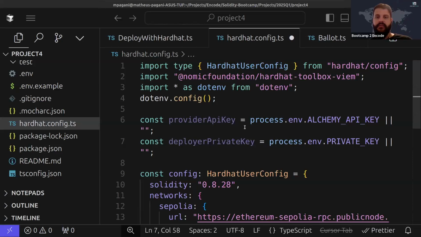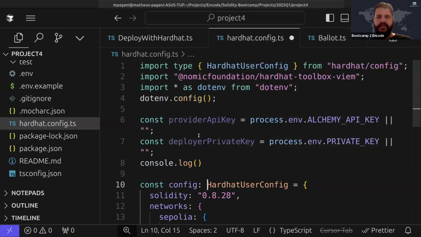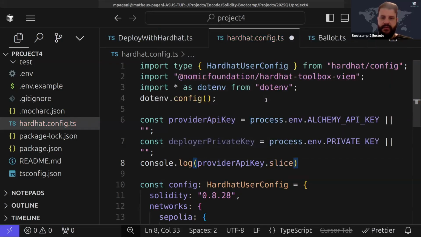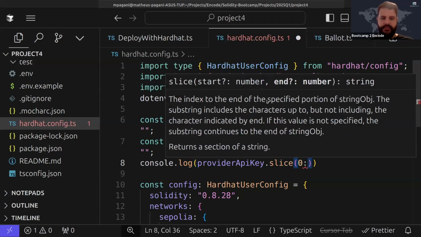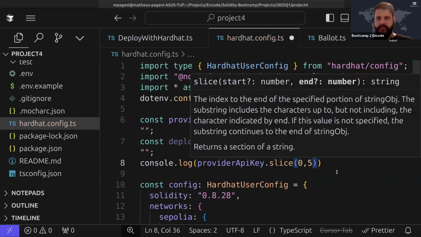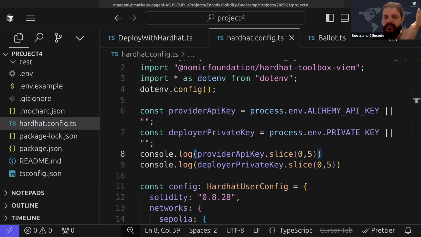Okay, and what I want to make sure is that if I do a console log, since I'm streaming this, I'm going to console log only a substring from 0 to 5. And I'm going to pick deployer private key, just from 0 to 5, just to show that I have those here. Okay. And if I run my script now,